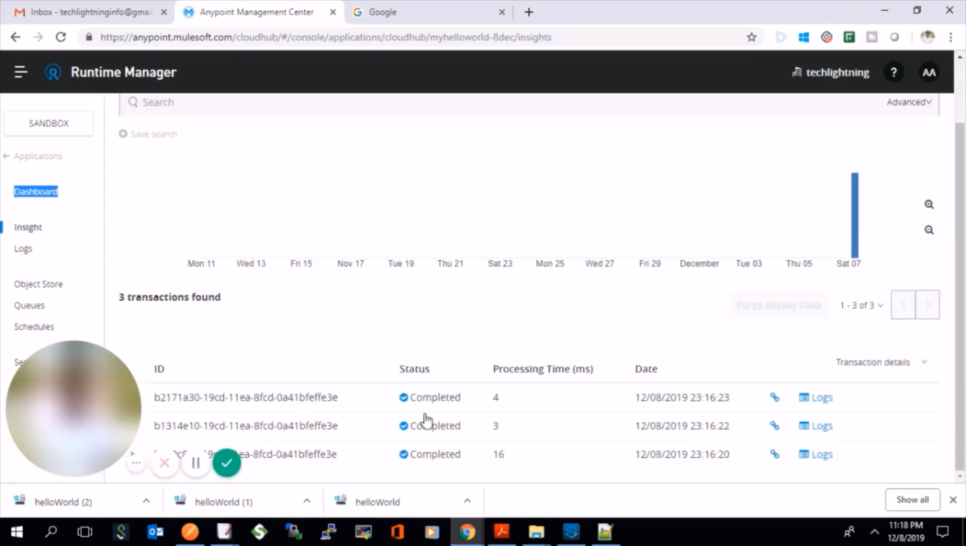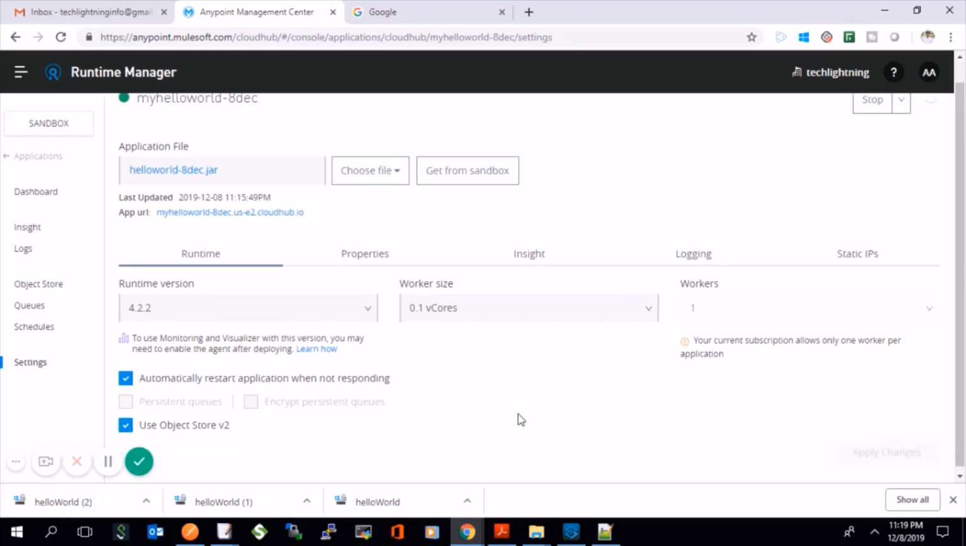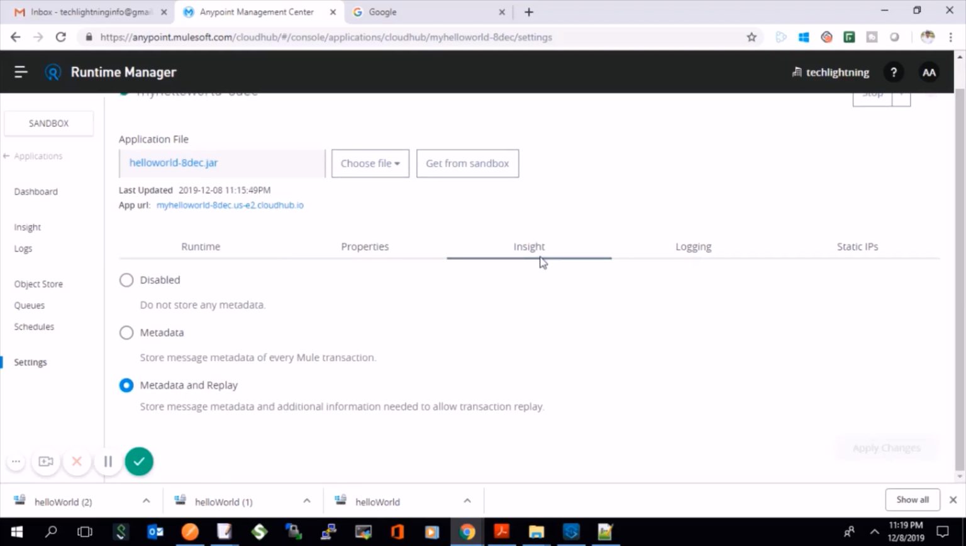transaction based logging, you can come and see it from here, which is an insight which we have enabled in the settings page of that particular application. So if you come and see here, the setting of the application, we have already enabled the insight. So when you enable the insight, whenever a transaction comes, it also adds more data into your processing, so it might slightly degrade your performance. Okay, so now we have seen logs about the runtime manager, so mainly the application